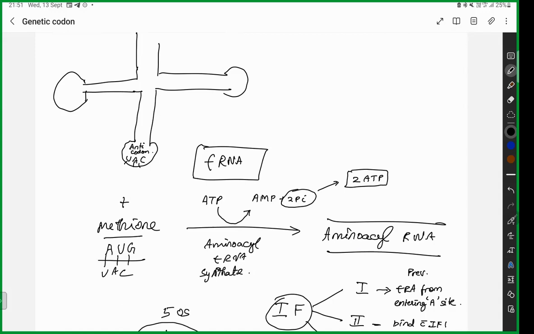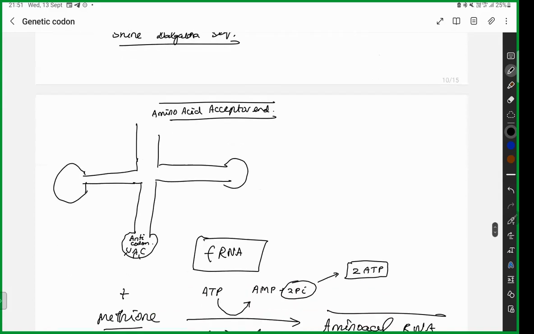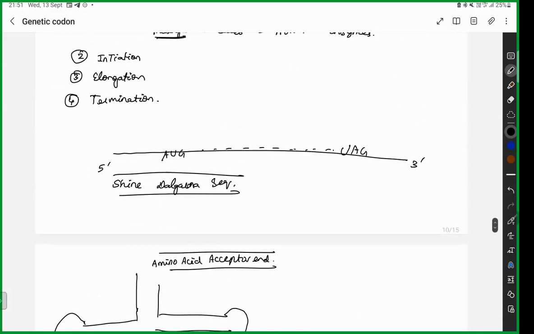Now, you have a very big sequence that we call the Shine-Dalgarno sequence. First, your tRNA, that is the amino acyl loaded tRNA, methionine loaded tRNA or formyl methionine loaded tRNA, depending upon prokaryotes or eukaryotes, is going to come and sit on your mRNA. They are going to search for this one particular methionine AUG. Once it gets that particular codon, it is going to attach at that point.